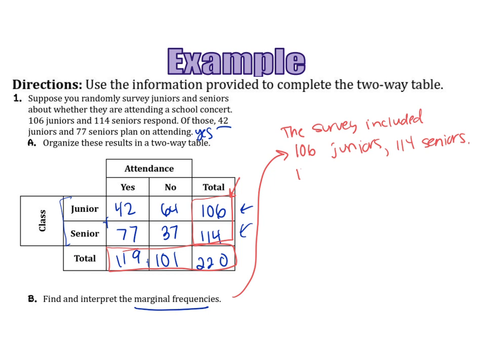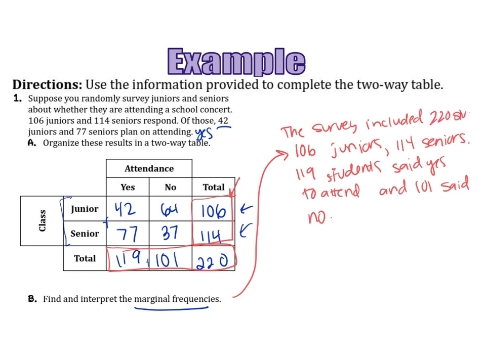This also had 119 students said yes to attend, and 101 said no. So basically, when we're being asked to find and interpret the marginal frequencies, we're being asked to explain what these numbers were. And we could even add up here, the survey included